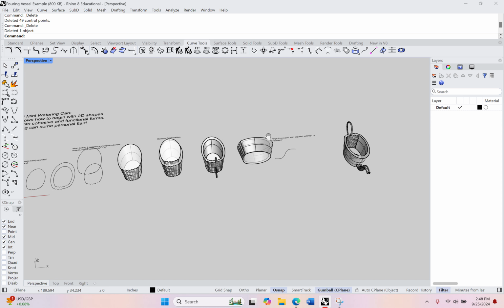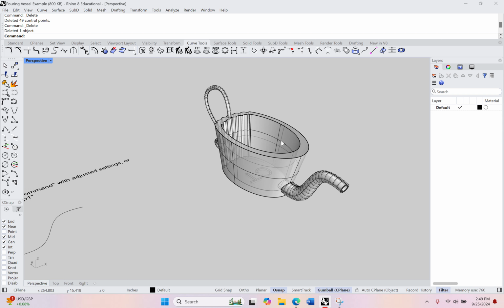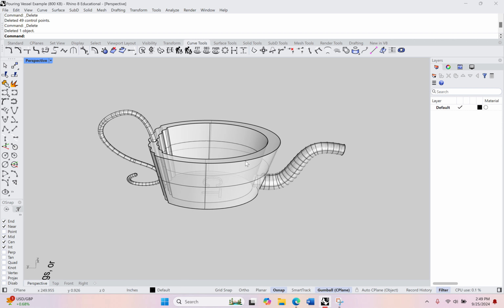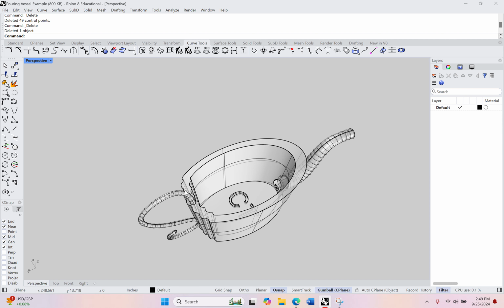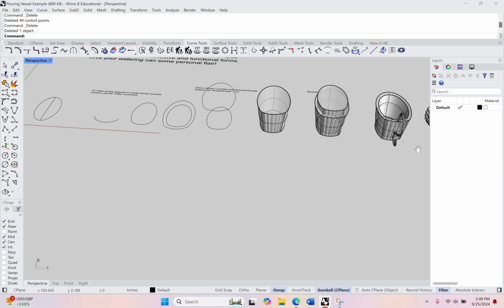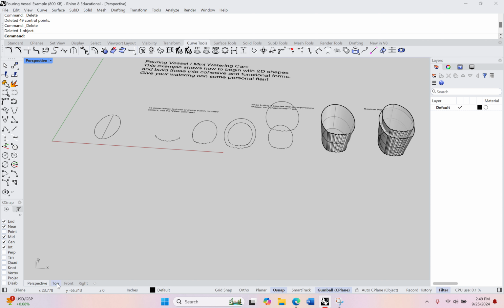Today we're going to make a pouring vessel in Rhino to be 3D printed. And we're going to make it simple, functional, but we're also going to give it a little bit of personal flair, something kind of unique. You can come up with your own creative choices. You don't have to do yours exactly like this, but I'm going to walk us through what I've done here